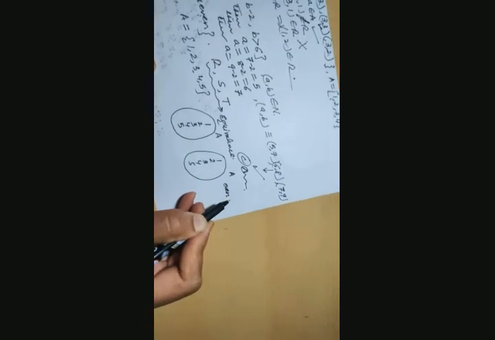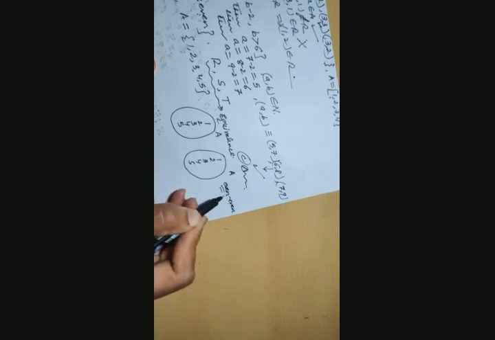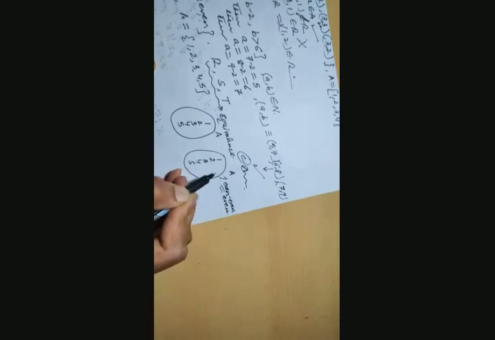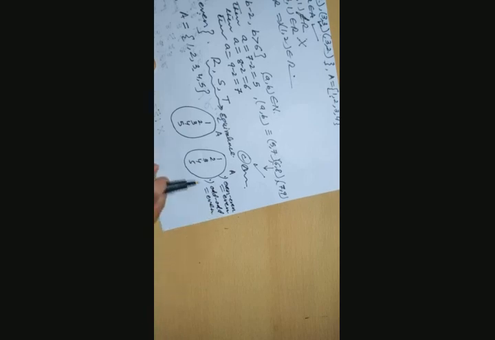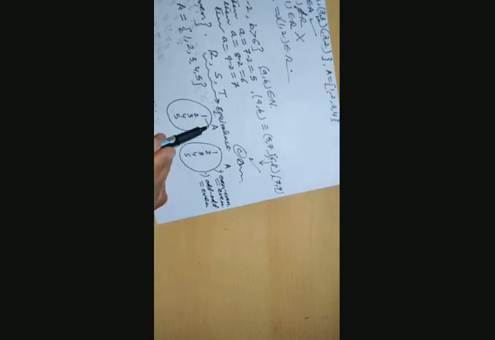Even minus even gives you an even number, and odd minus odd also gives you an even number. So you have to take the pairing like this: 1 with 1, the difference is 0. The difference of 3 and 3 is 0. The difference of 5 and 5 is 0. Also the difference of 4 and 4 is 0, and of 2 and 2 is 0. So that means, is the relation reflexive?